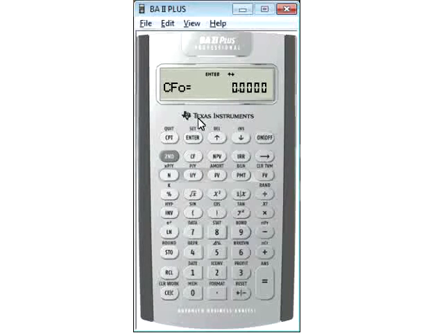Okay. Well, I'm going to work on it. 50,000 is negative at time 0. Enter, down arrow, 12,500. Enter, and this has come for 6 times, right? So 6, enter, NPV. Now, does anyone remember what the interest rate was?